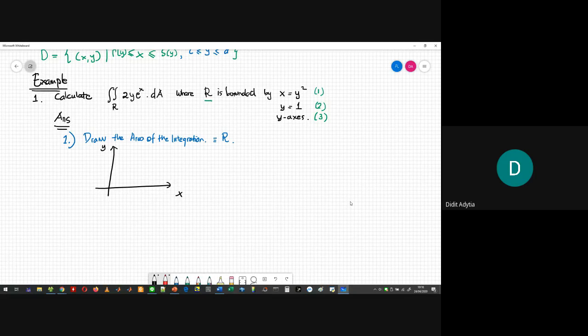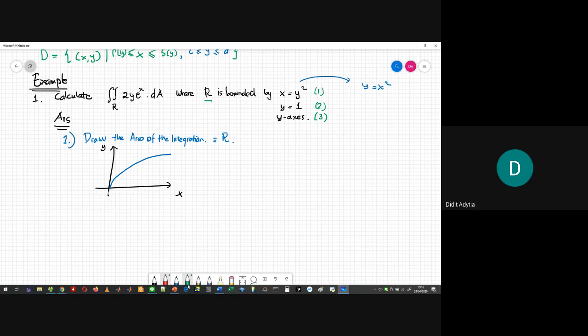Kira-kira gambarnya gimana? Yang biasa kita gambar, biasanya gimana? Bukan y square, tetapi apa? Yang biasa kita gambar adalah y is x square. Okay, exactly the same. We just change the rotations, okay? So, how do we do it? This one. Okay, ini adalah dan ke bawah. Ini enggak ya. Kenapa enggak? Karena bukan fungsi. Jadi ini dulu, and then y is 1,